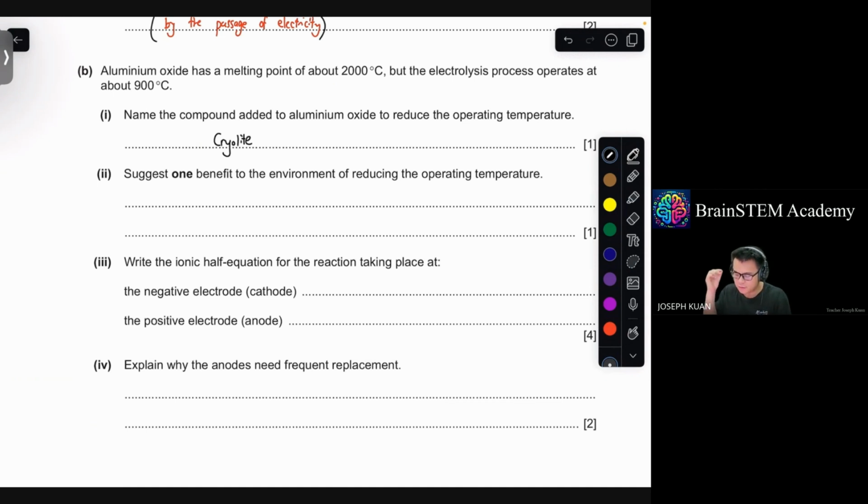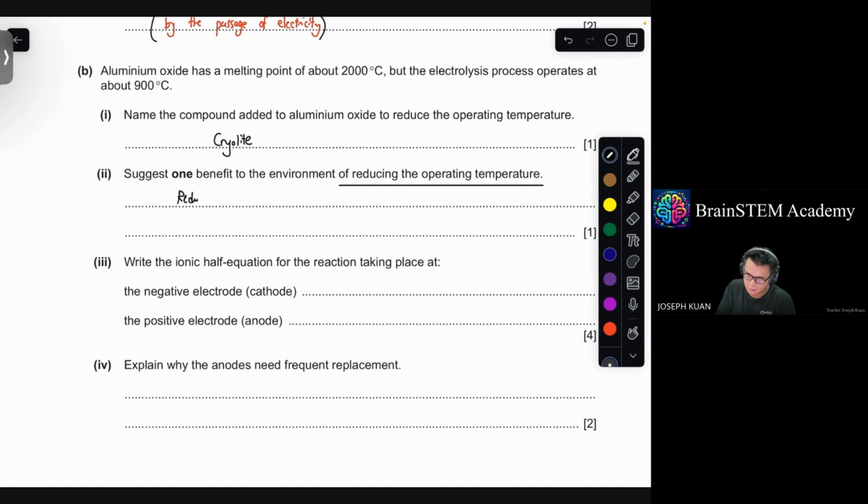Suggest one benefit to the environment of reducing the operating temperature. Well, this is a huge production, with heating that requires a lot of energy. When a particular operation requires a lot of energy, it means that you need to burn more fossil fuels. So by reducing the operating temperature, that saves the amount of energy, although that is not a good answer. The more actual benefit is that you don't have to burn too much fossil fuels, and hence